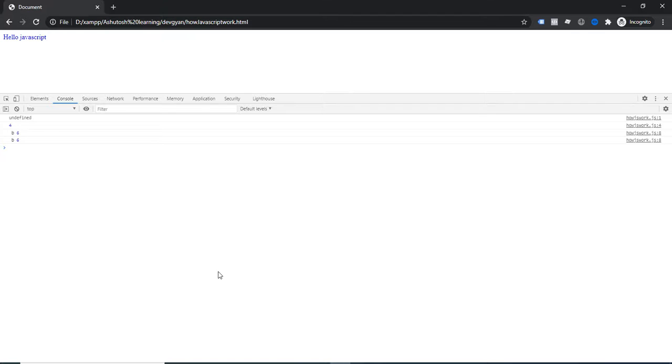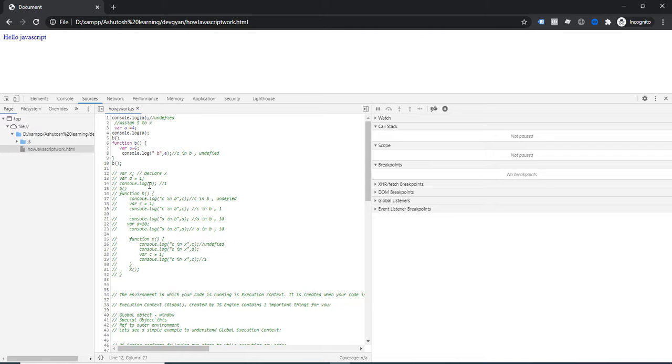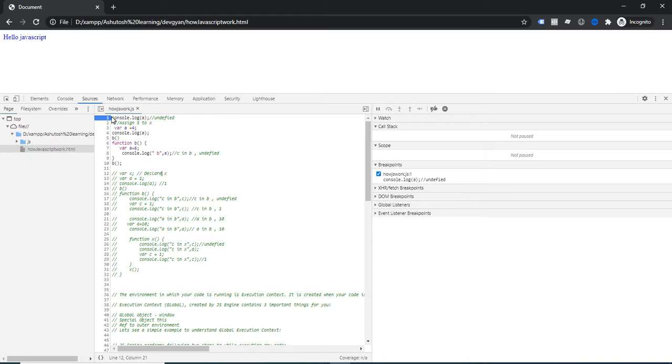Now let's go to the source code, and I am providing some breakpoints here. For example, at line number 1 I provided a breakpoint, and now at line number 4 a breakpoint, and let's provide a breakpoint at line number 7.